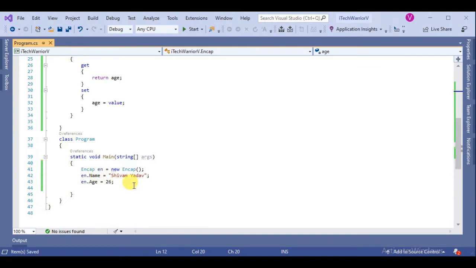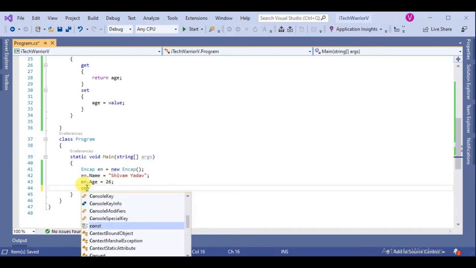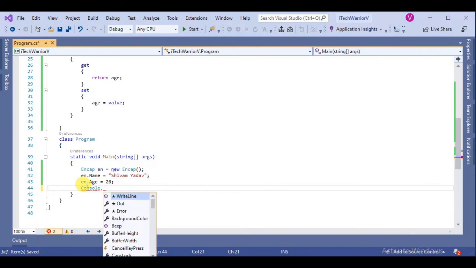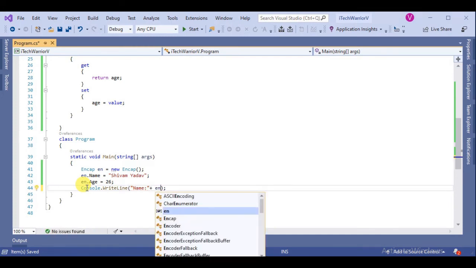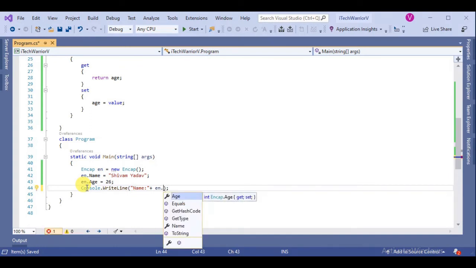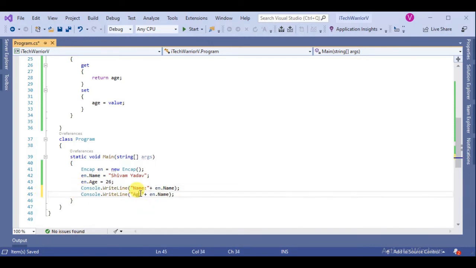Save, and print the values with Console.WriteLine: name, age.